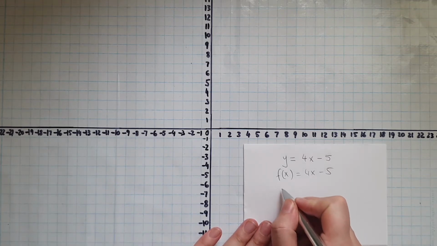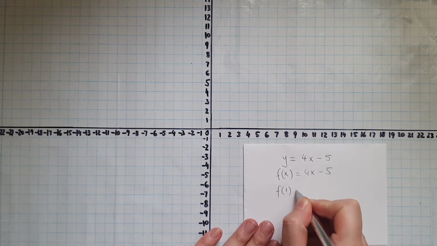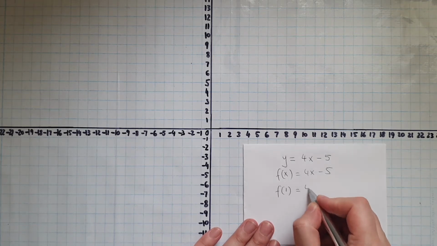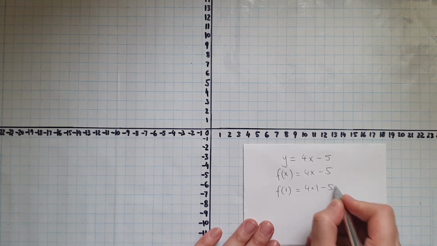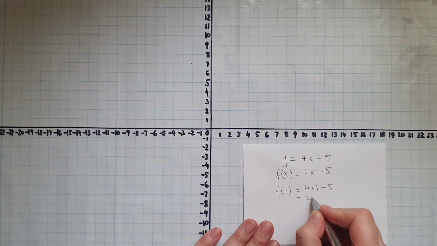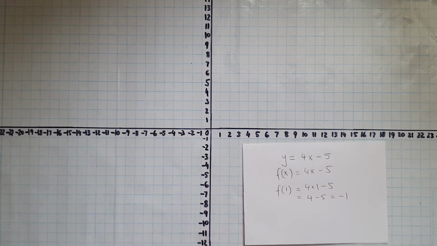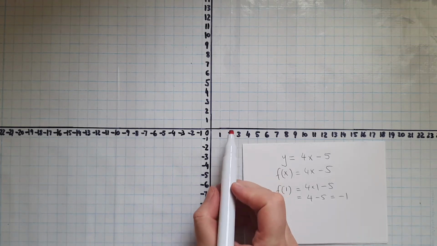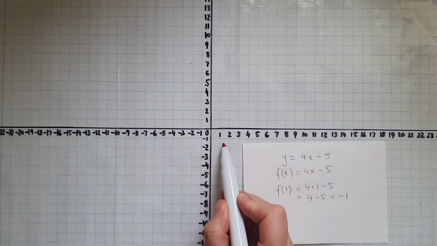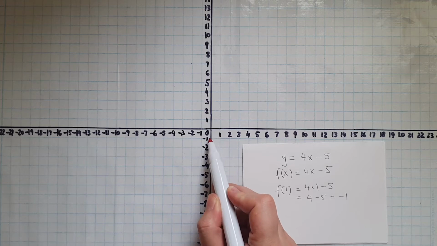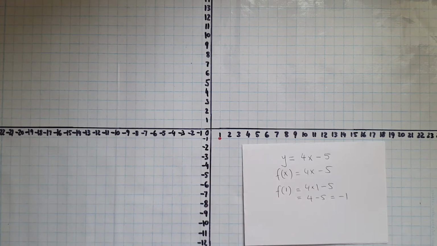So when x is equal to 1, we'd have 4 times 1, take away 5. 4 times 1 is 4, take away 5, that gives us -1. So when x is 1, f of x is -1. So 1, -1. That's the point. Let's find